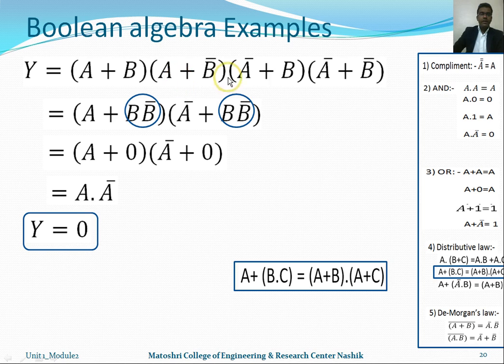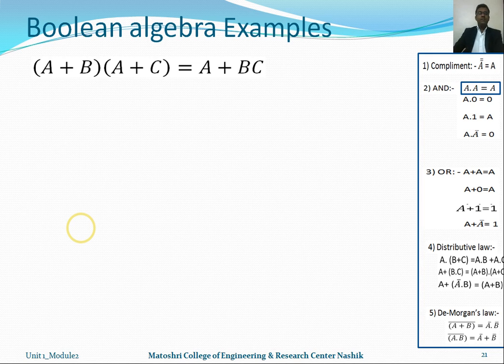So this is the complicated given Boolean algebra expression, and after applying four rules we get a simplified Boolean algebra expression. This requires only a single logic gate, whereas our given Boolean algebra expression requires a minimum of 4 to 5 logic gates. That is the main thing, and another main thing is that the functionality does not change. Meaning if we give any values of A and B, it generates the output Y similarly as 0.